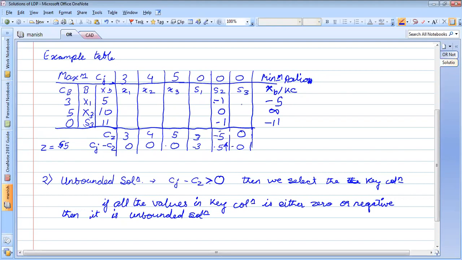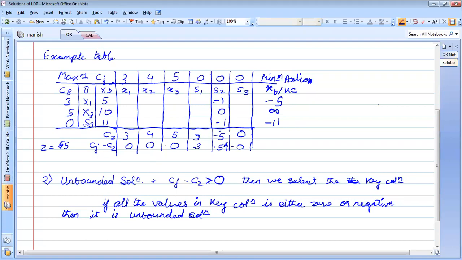Actually, what happens when we are selecting a key column and a key row? Key column indicates that this particular variable is to be brought into the basic variable. And what is key row? Key row indicates that this particular variable is to leave the basic variable, isn't it?